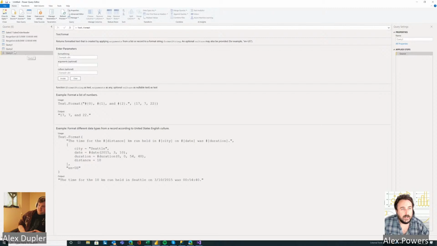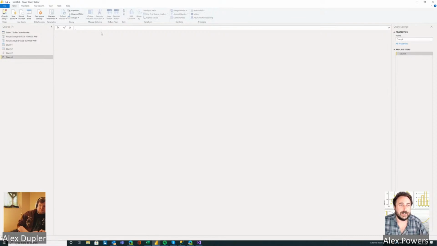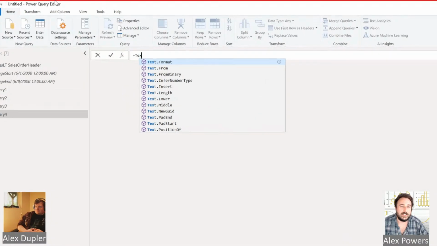So I've got this kind of taken care of. I'm starting to think about my range start, my range end, all this math. I am personally just not good at math. I am much better at saying, how can I use the code to do the thing that I want to do? So once again, we're going to do text formats